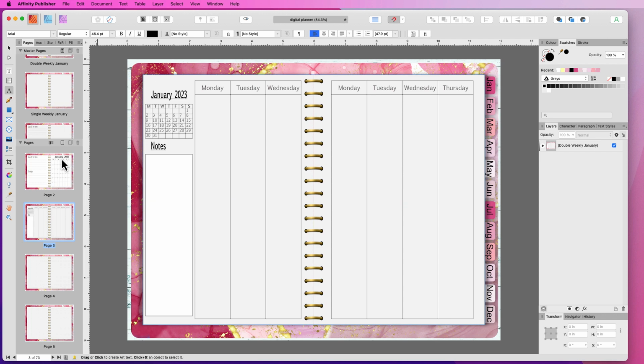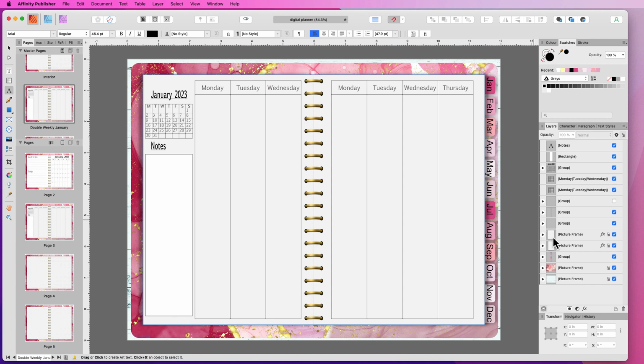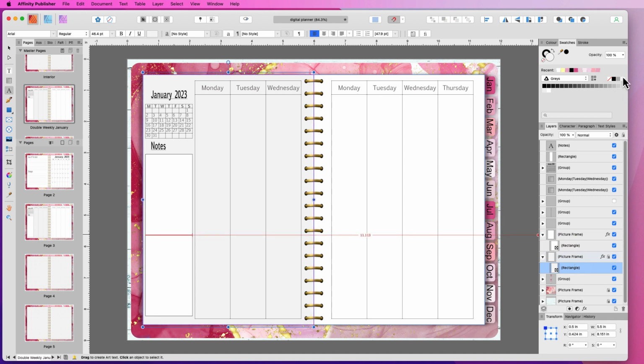And we can clearly see that that is a grey colour. So I don't want that grey colour. So I'm going to go back to that master page for double weekly January. I'm going to click on the picture frame, take the lock off by just clicking on it, and then I'm going to change it to white. I'm going to do the exact same with the other picture frame, and change that to white,